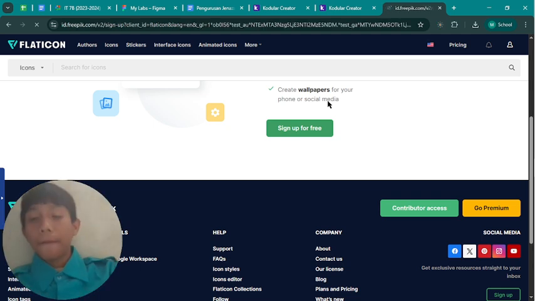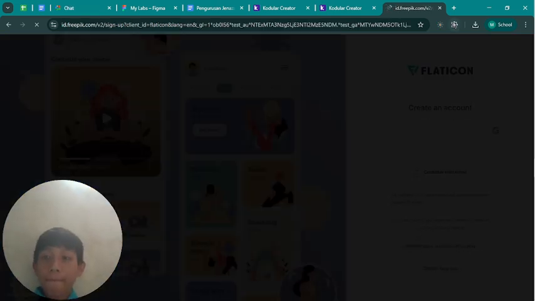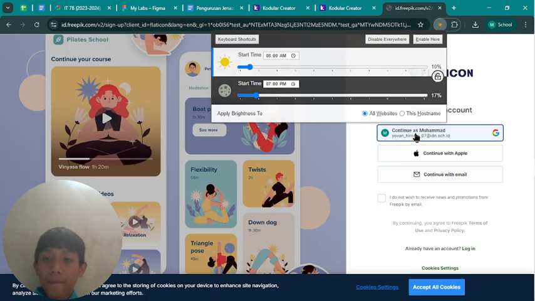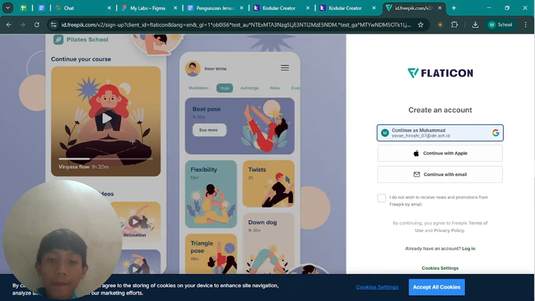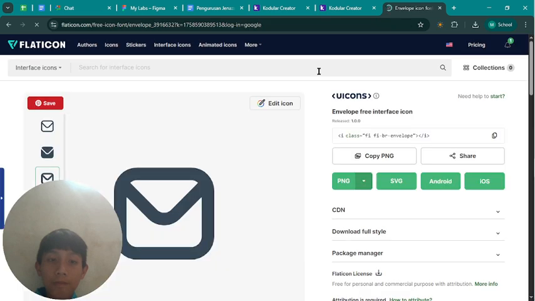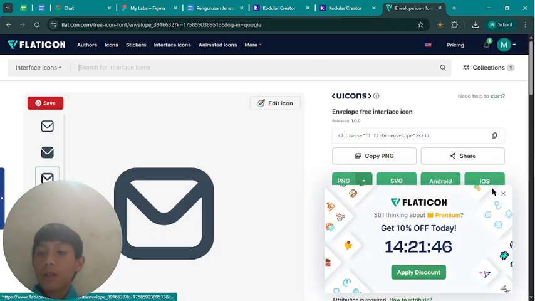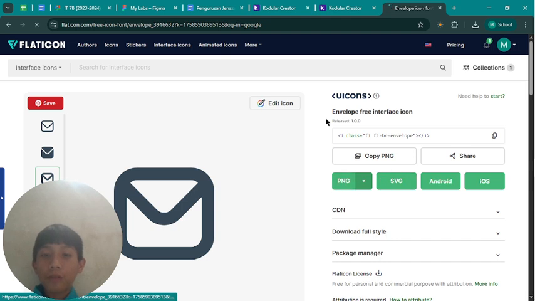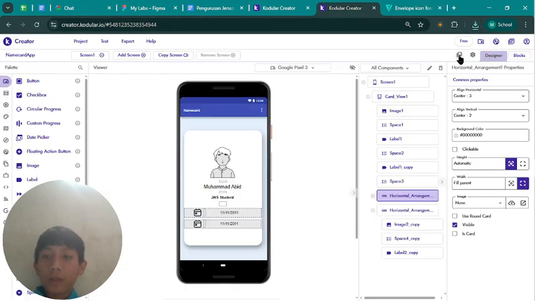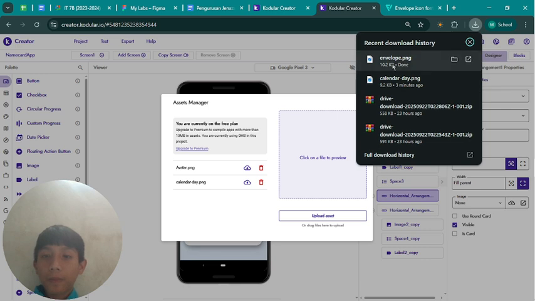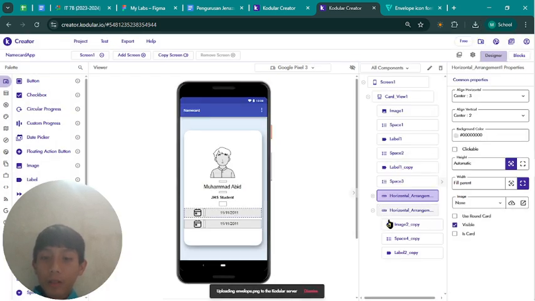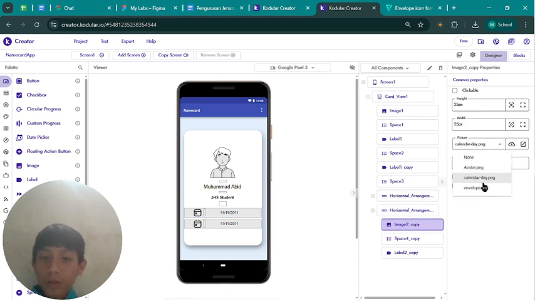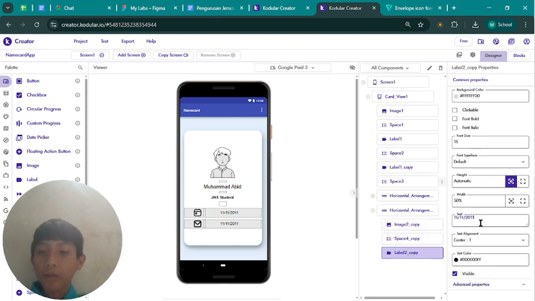Okay, and then we download. And change the image to another image and set the label to your email.